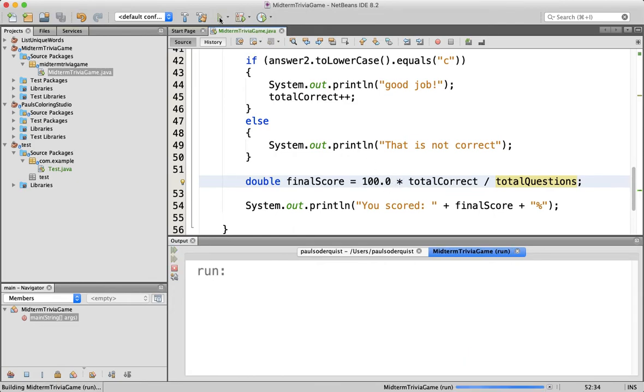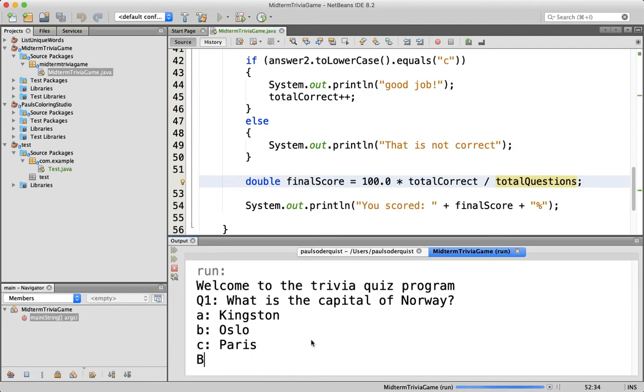And now when I run it, try it one last time, I do capital B, I do